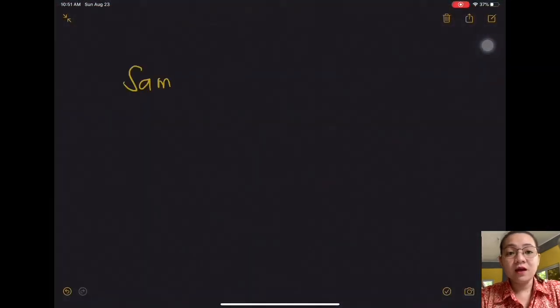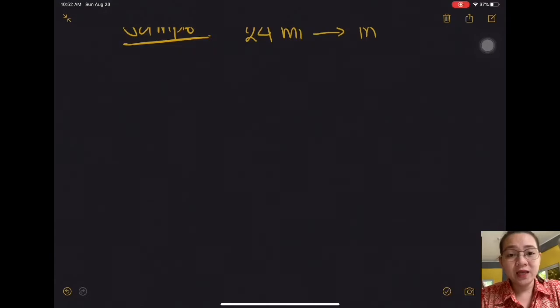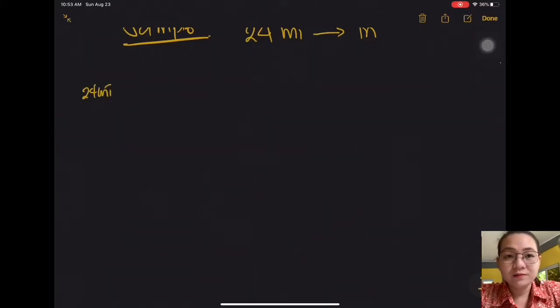Now, let us have a sample problem. For example, we have here 24 miles per hour. Then we're going to convert it into inches. There are two ways how to convert. One is the shorthand method and one is the longhand method or long method. For now, let us focus on the long method. 24 miles, convert into inches, and we have in 1 kilometer